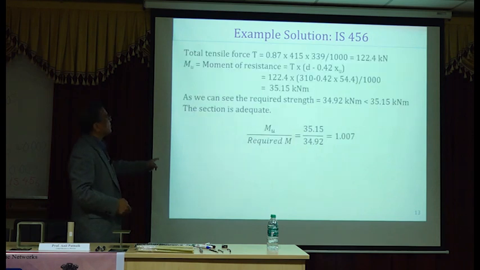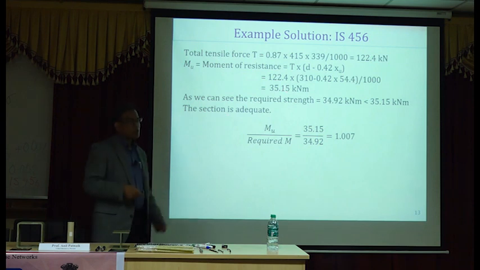So C is 122.4. I just verify that my tension is also 122.4 kilonewtons. Get my moment strength 35.15. It's designed very closely. So I'm trying to maintain 1 here. So moment strength